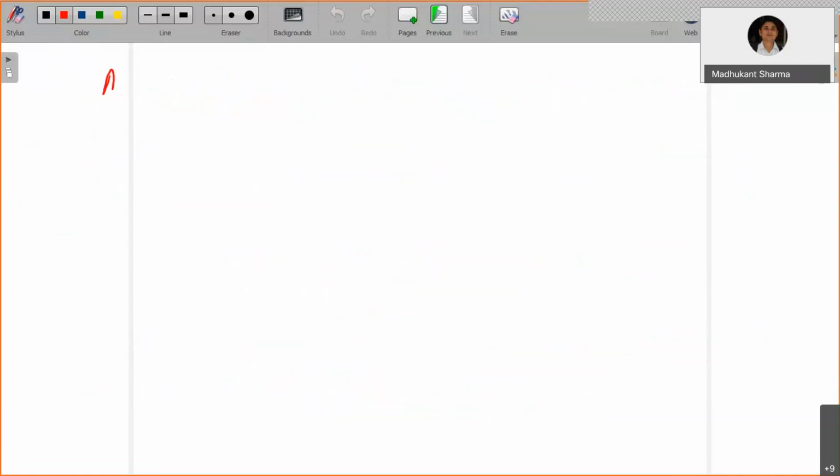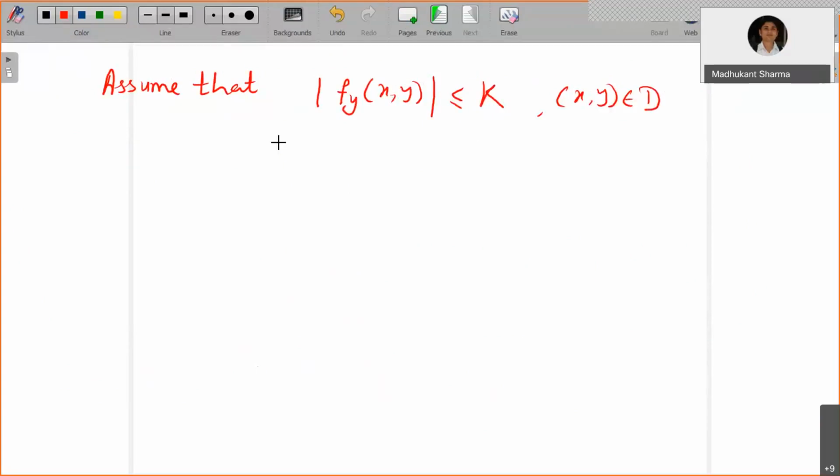that, let's say, we are assuming that mod of f_y at any point (x, y) inside D is less than or equal to L on D. Okay, (x, y) belonging to D, and let's say mod y double dash at x is less than or equal to some M for x belonging to the closed interval I. So if we have this assumption, then